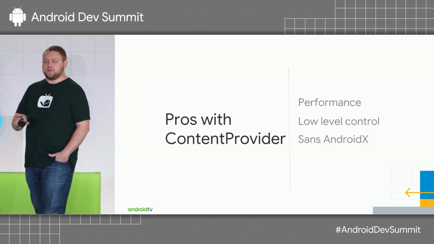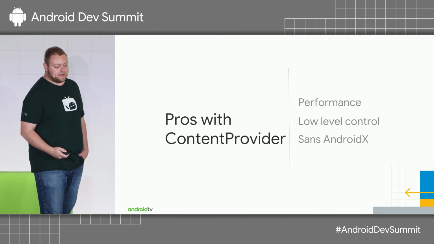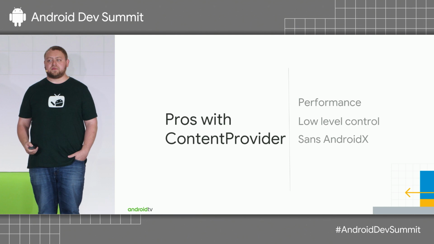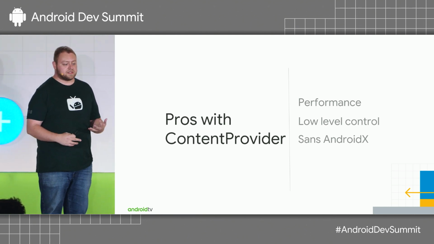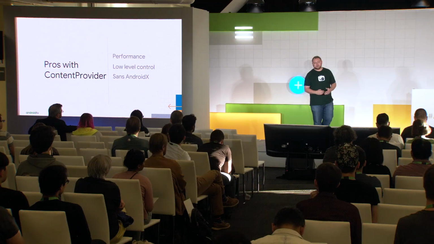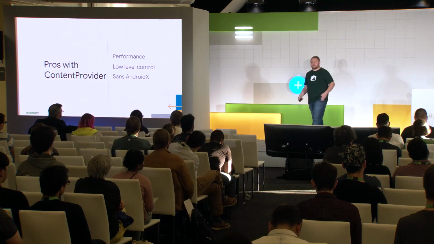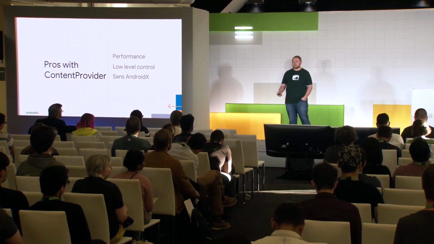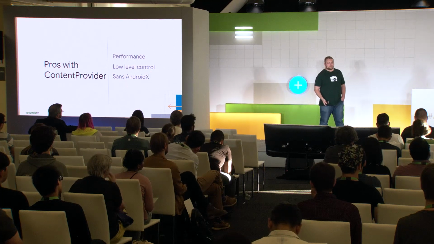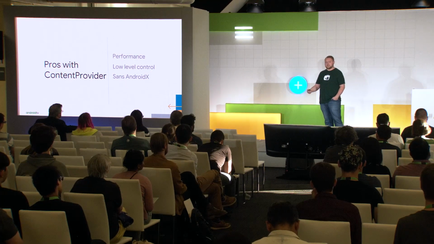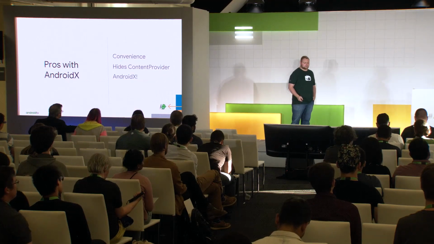But there's two options to do it. Which one's better? You could say, I just want to use content providers. I'm able to fine-tune the performance. I can do batch inserts, bulk operations. I can get lower level control. I don't need an entire program with all that metadata. Maybe I just want the title and duration, and now I can narrow down that query projection and have faster results. And it's based out of the framework. You don't have to do all this extra work to access it. You get it out of the box from the framework.